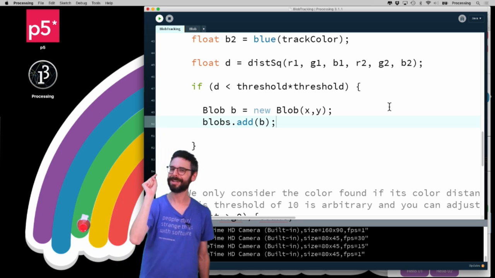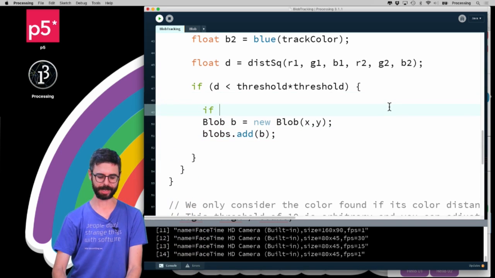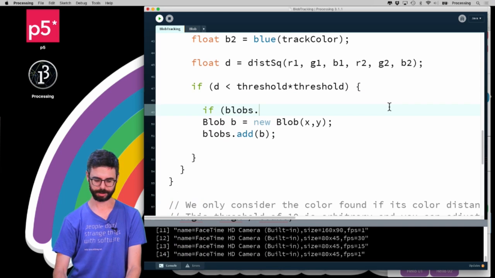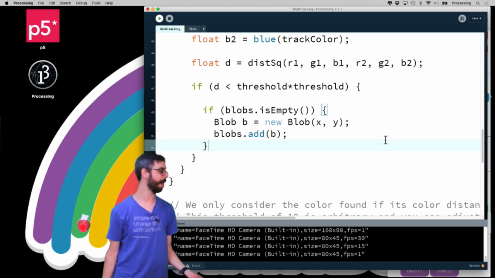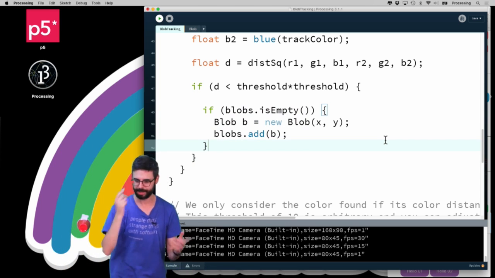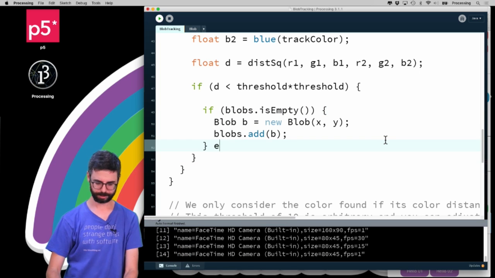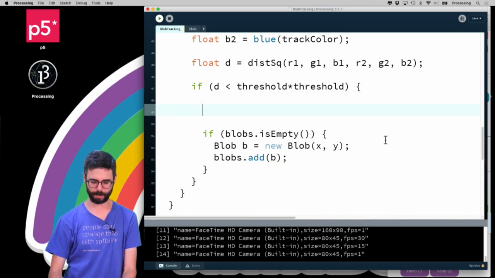Only I don't always make a new blob, right? I only make a new blob. Well, when would I make a new blob? If blobs is empty, then I make a new blob, right? So if there are no blobs and I found a pixel, it has to be. Now, otherwise, and I'm going to do this in a slightly different way, but another way that I could do that is